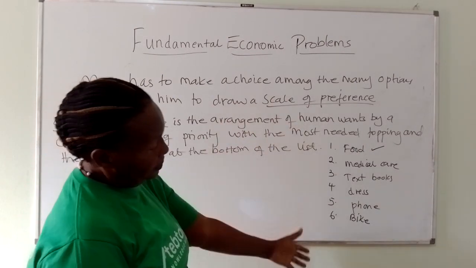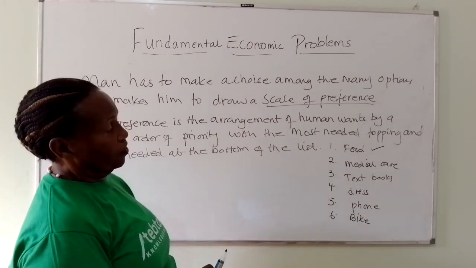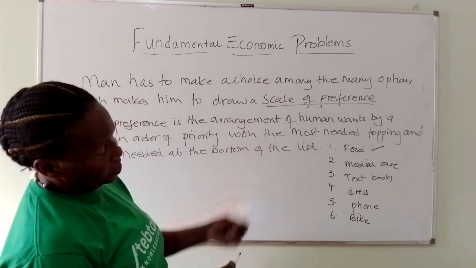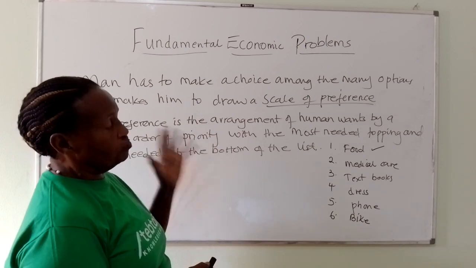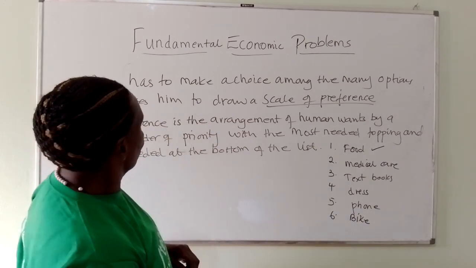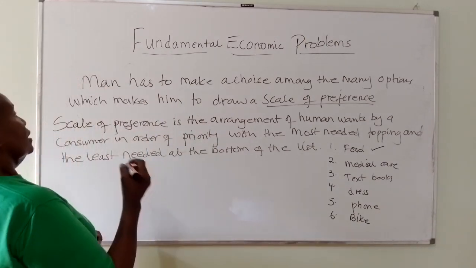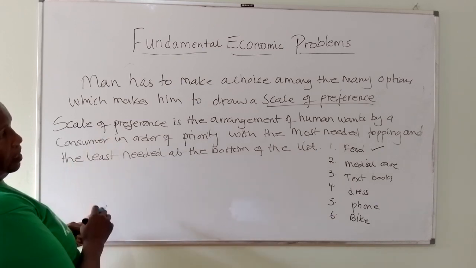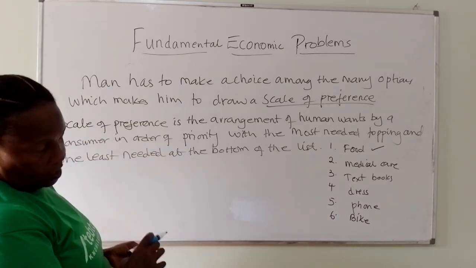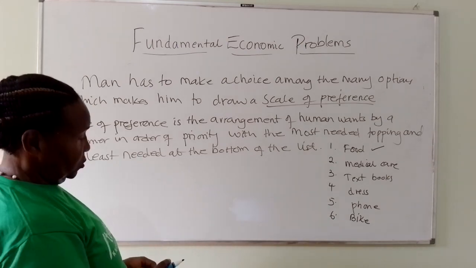The wants are many. This list is a list of our wants, and these are just to mention a few, but we don't have the money to satisfy all of them. Hence, they need to be guided in making the right choice, as the definition is telling us here, that choice is making of the right decision among the many options.